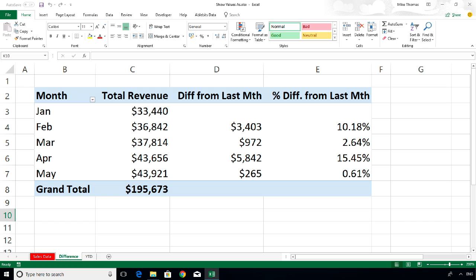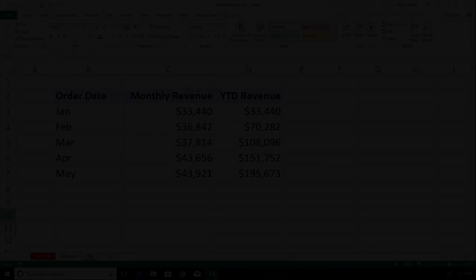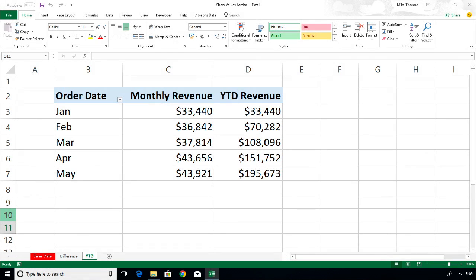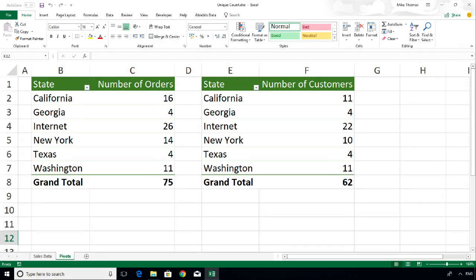You'll learn how to create a pivot table that shows month-on-month differences. You'll learn how to create a pivot table like this, showing cumulative data, very useful for year-to-date summaries. You'll learn the difference between a standard count and a unique or distinct count, and more importantly, how to do